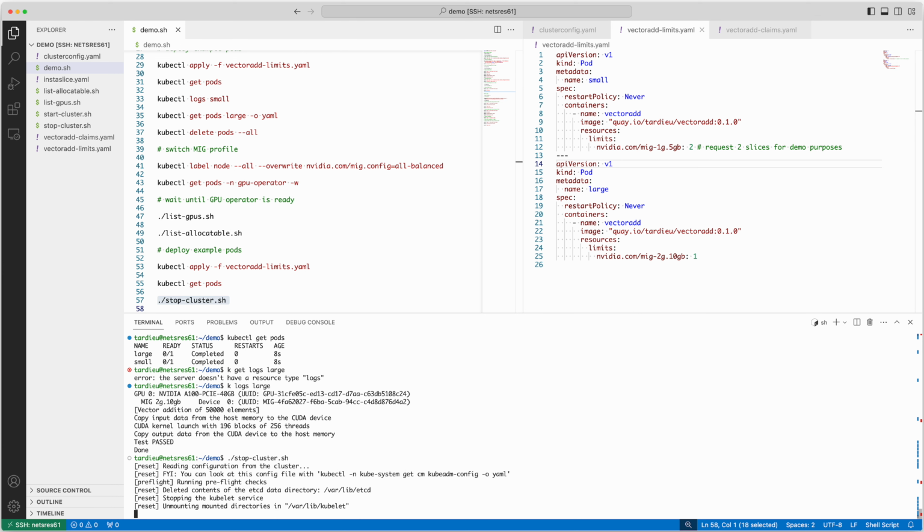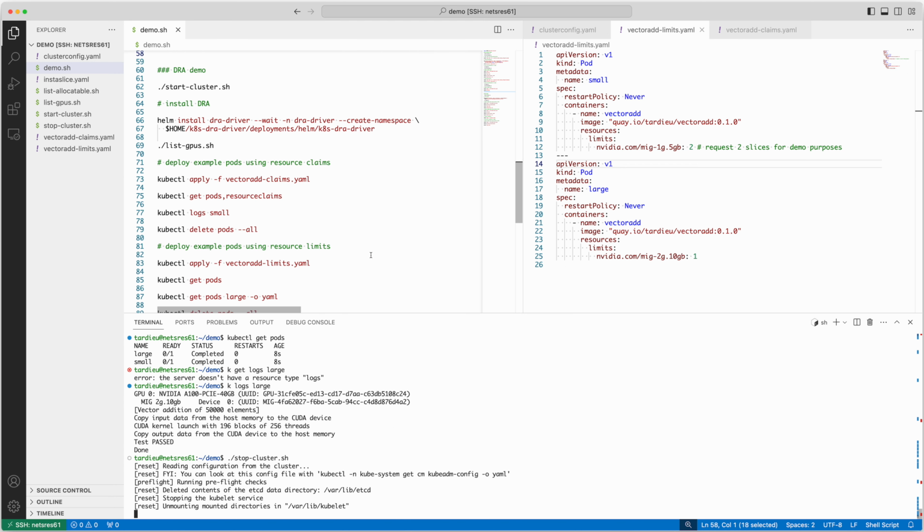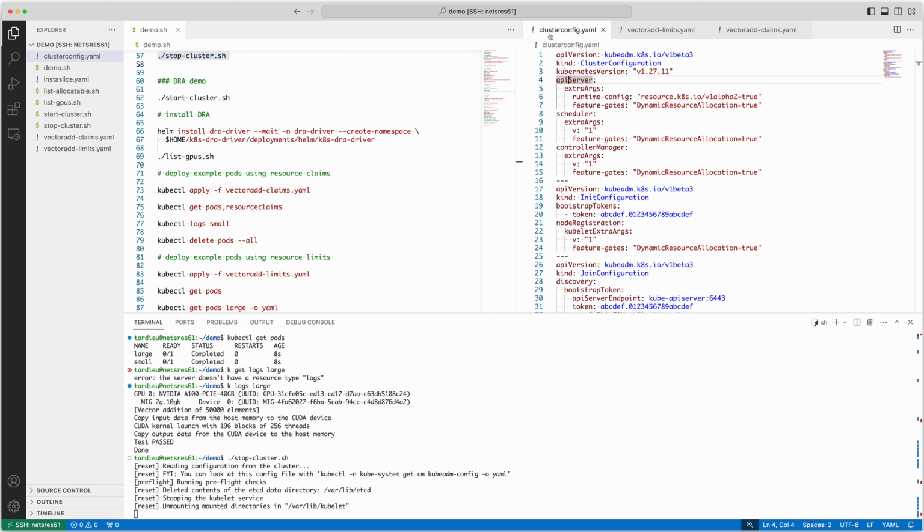Let me stop this cluster and restart from scratch, this time to use DRA. As I'm going through the process of starting the DRA demo, let me point out that in order to run this DRA demo, because DRA is an alpha feature, I have to configure the cluster appropriately, and this is what I've been doing here with this configuration,